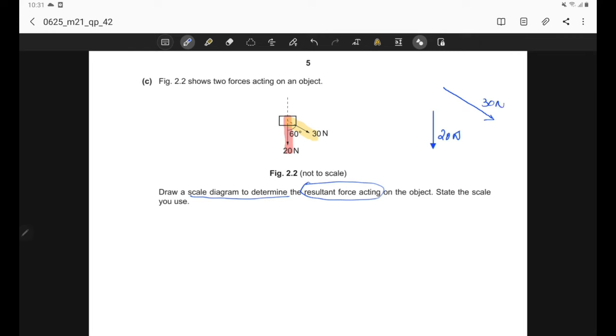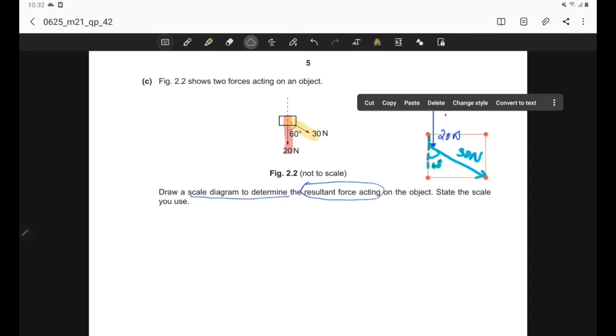And the 30 Newton is acting at a 60 degree angle away from a vertical axis. And we need to find out what will be the resultant of these two vector forces. So in order to draw a scale diagram, we just need to combine these two vectors. But we have to be careful that when we add that 30 Newton vector to the 20 Newton vector,